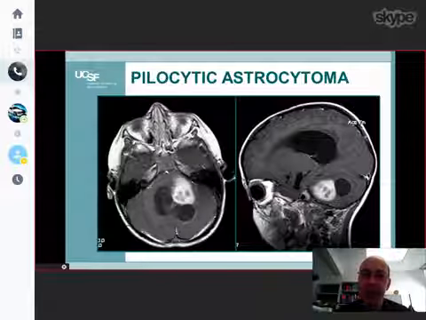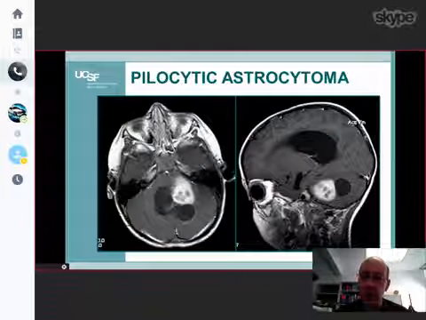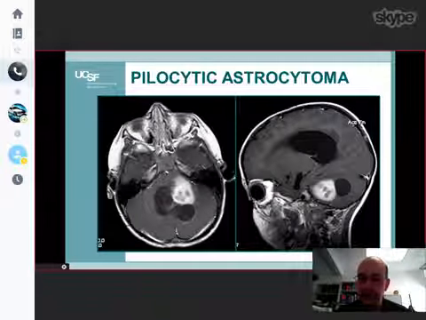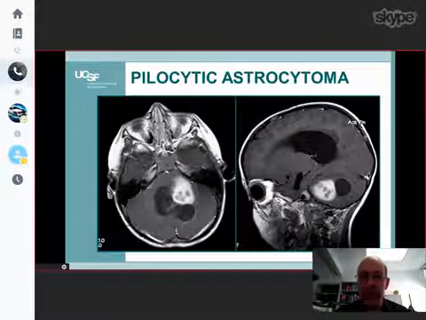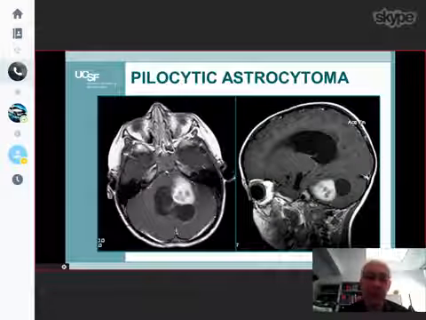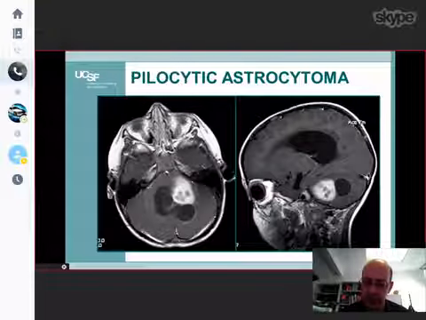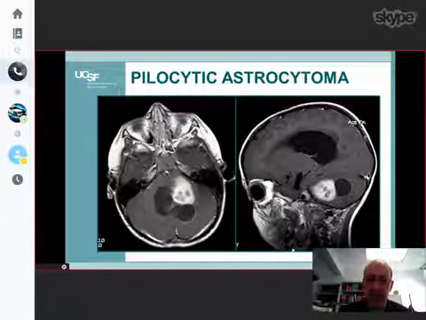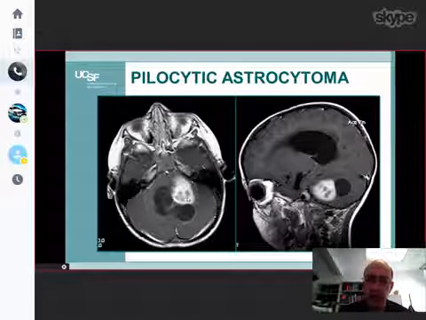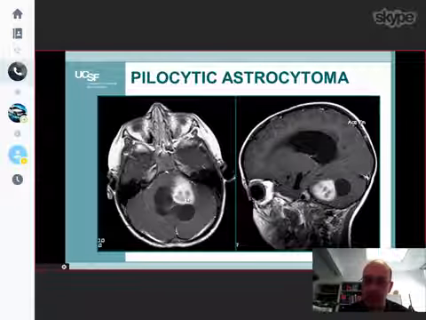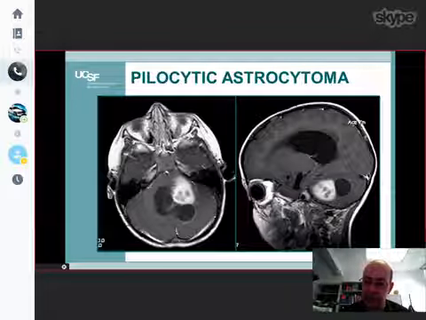Sure. So I think we lost connection somewhere around the pilocytic astrocytoma component. Basically these are in kids and young adults mostly, and cerebellum is the most common location, optic pathway, spinal cord. So here's an example. They often have this cyst with a mural enhancing nodule imaging appearance, as you see here, which is very different than the diffuse gliomas. And this can be extremely helpful on a small biopsy when you're not sure if it's a diffuse astro or